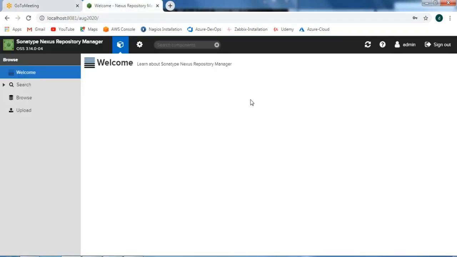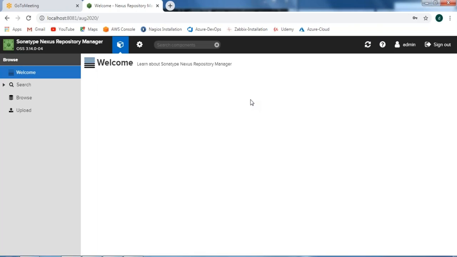Yeah. So in the last class, we have done with the private repo, the snapshot repository and release repository, and how to do the redeployment as well, and how to upload the artifact to the specific version, I mean, in the release version or a snapshot one. So today, what we will do is we will make this Nexus a remote